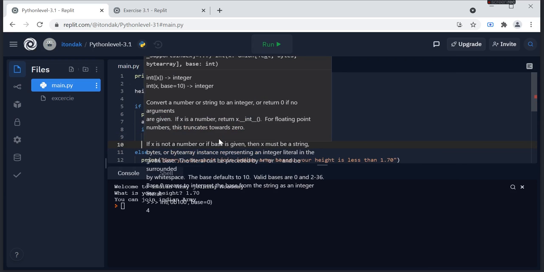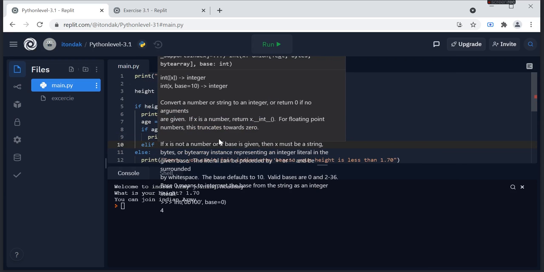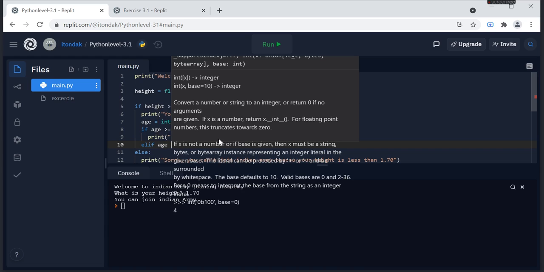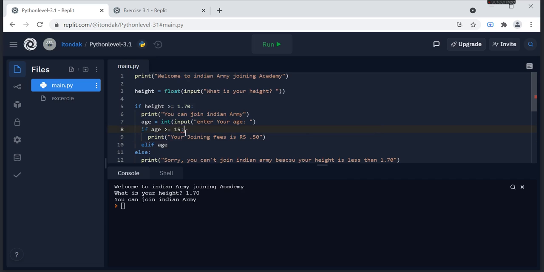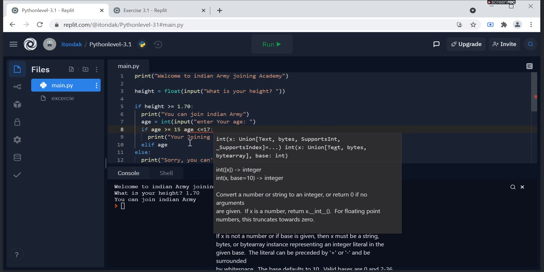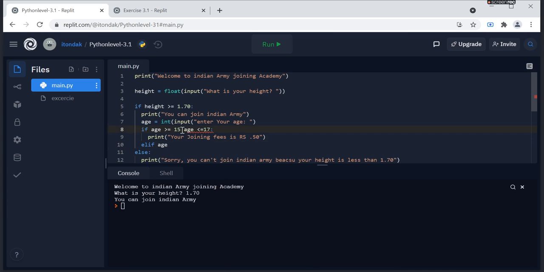And another condition is elif age greater than 15 but less than or equal to 17. Yes, we use or.